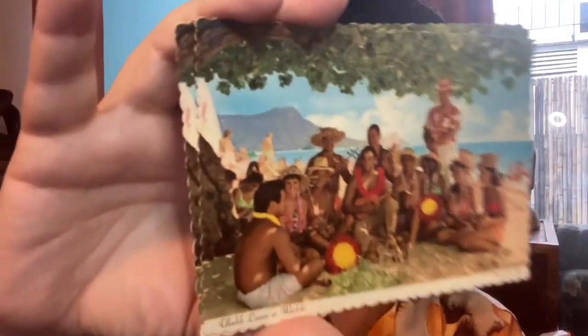Got one about Tahitian crafts, which was sort of nice. I picked up a few of these extra ones. I got one, and then I got a couple more of these people playing their ukuleles at Waikiki. That's a nice vintage picture there. And then just some other ones. I got a couple of different vendors. So this is a